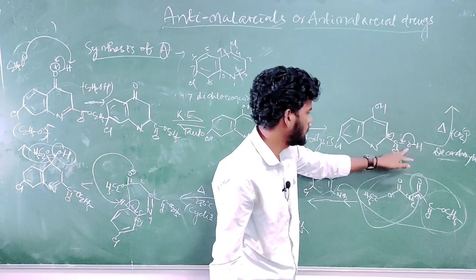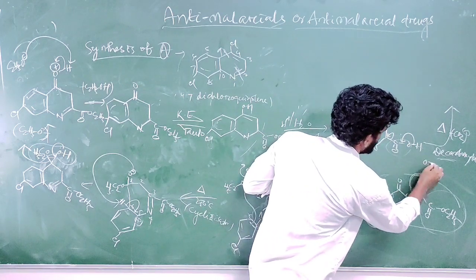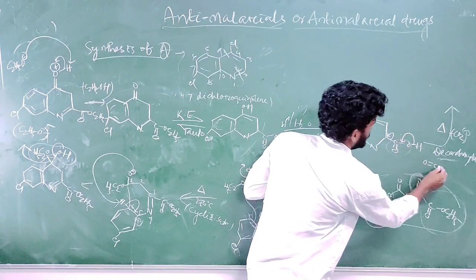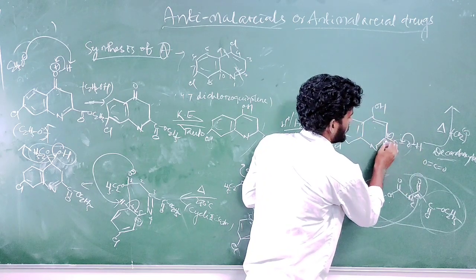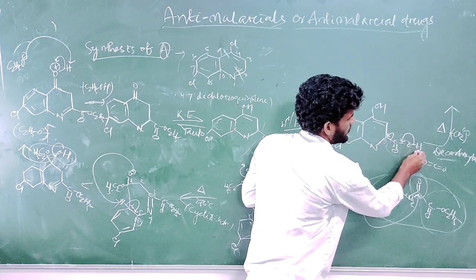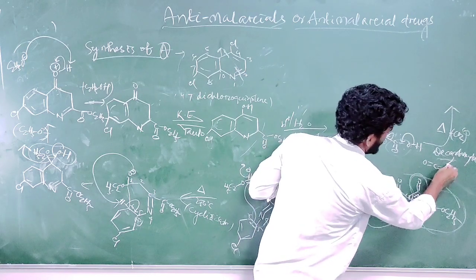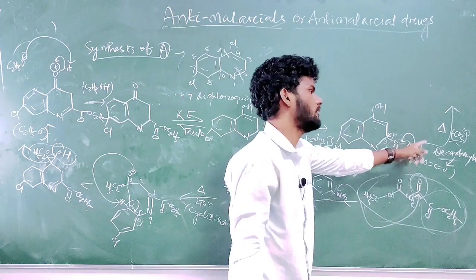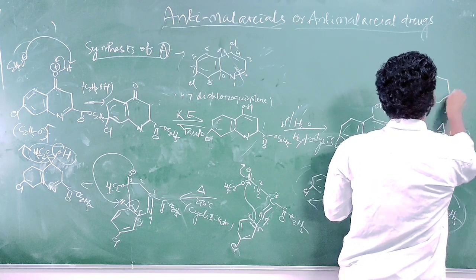So what will it remove? CO2 is released, O double bond C double bond O, here is H plus, here is a negative charge. The negative charge takes up this hydrogen H plus, so simple H is attached here and the CO2 group releases. This is decarboxylation, removal of CO2 group. So if you heat the reaction, decarboxylation of the acid takes place.